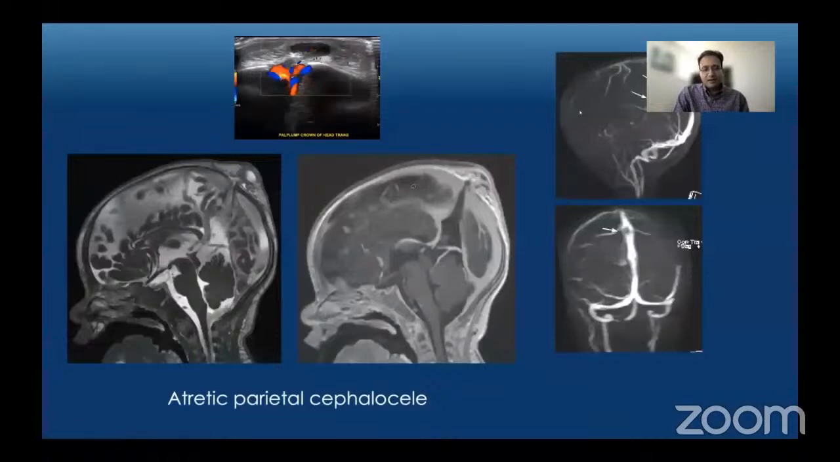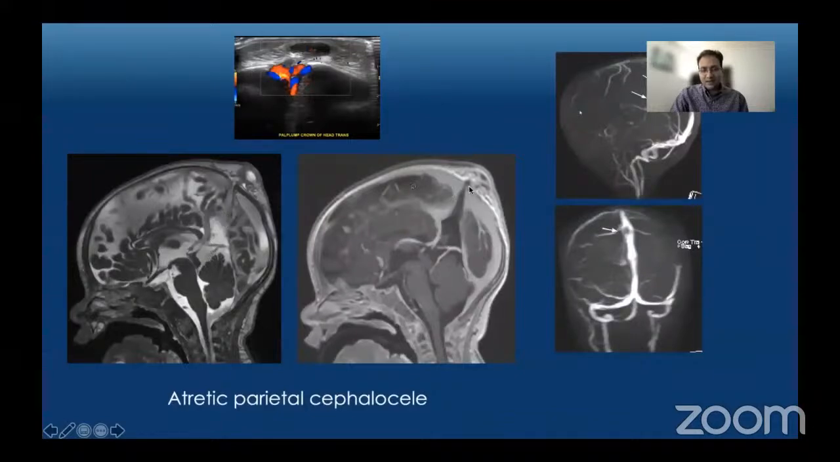And this is an example of atretic parietal cephalocele. Like we previously said, it's most commonly seen in the midline parietal bone, and it's characterized by a herniation of meninges and some dysplastic tissue, but there is no herniation of brain parenchyma or dural sinuses. There's typically abnormal orientation of the straight sinus, which is more vertical. There is a persistent falcine sinus. And then there is this cigar-shaped CSF cleft, which extends from the supracerebellar cistern all the way up to the